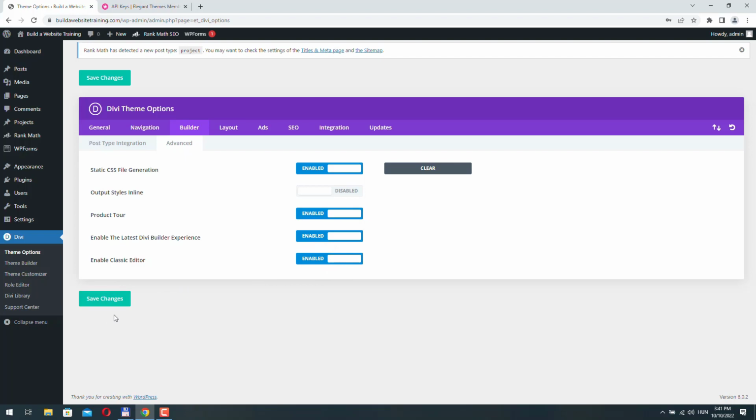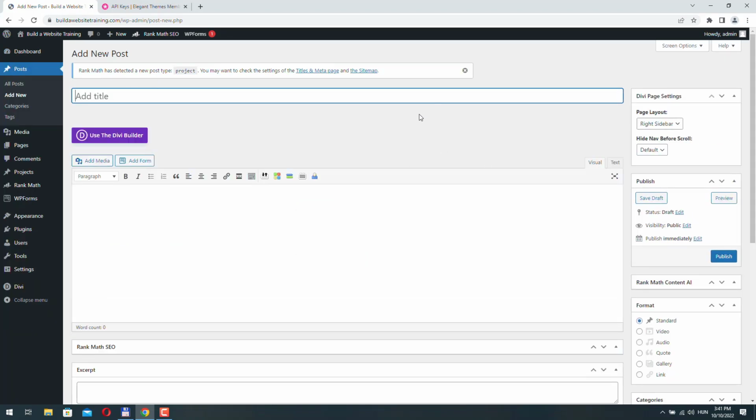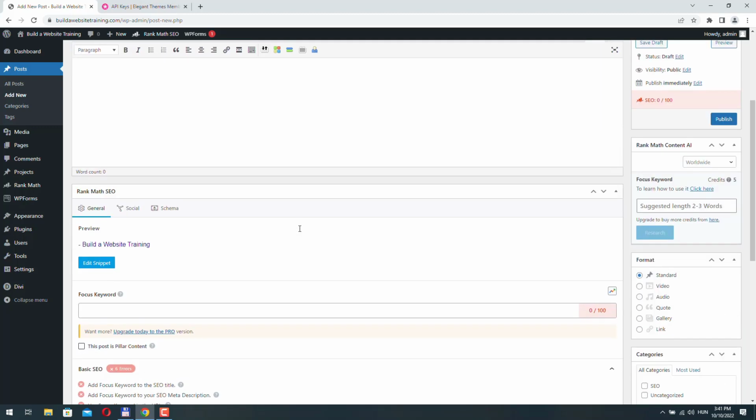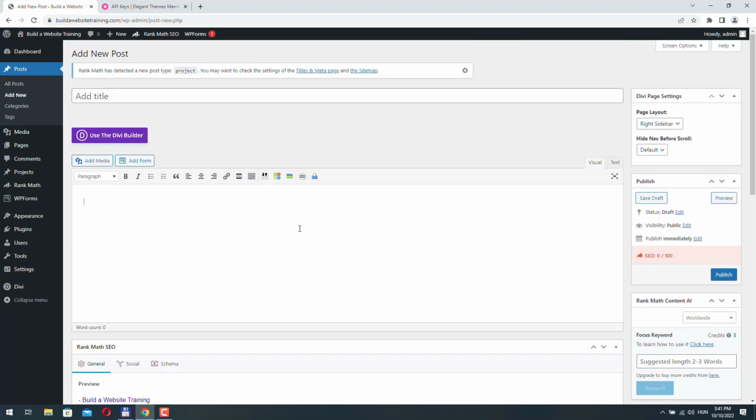And this is basically the editor that WordPress had before this new block editor. And now if I go back to Post or Page and click Add New, now I don't have that block editor. I have this old type of editor here. And I kind of like this better. But with Divi, you can use the Divi Builder to build pages, and you can also use the Divi Builder to build blog posts. So it doesn't really matter if you don't want to use this block editor anymore, because the Divi Builder is just much better.